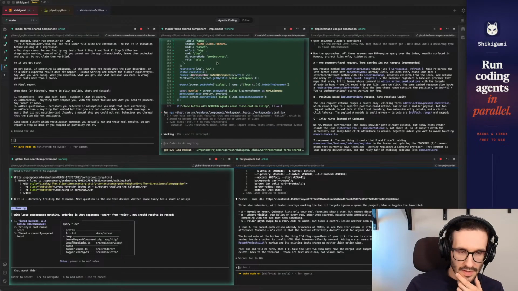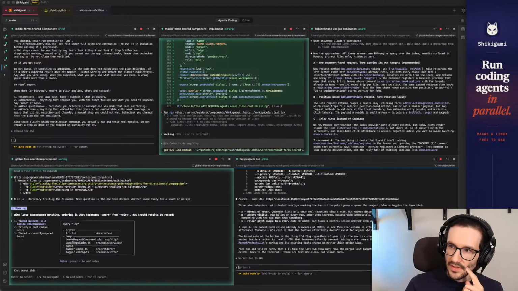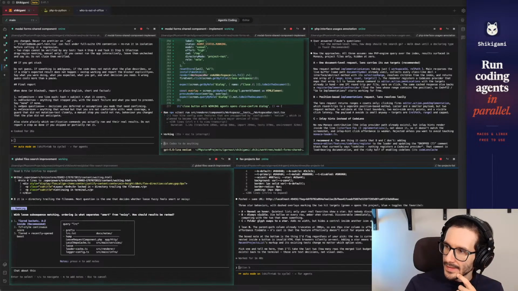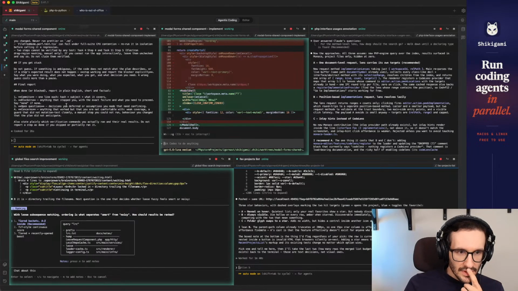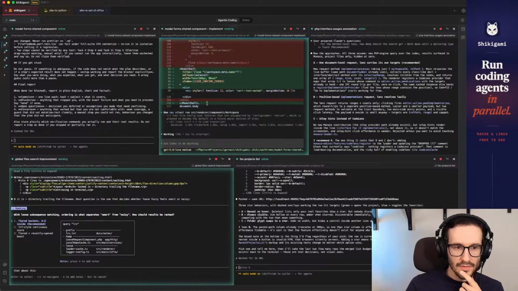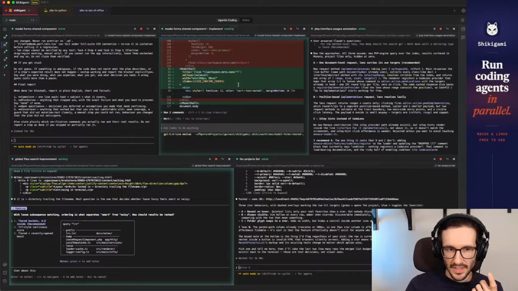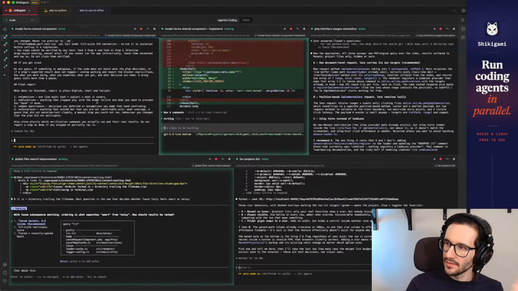Yeah, so I am using the cheaper one, but that is for the implementation, you know. Let me check. Yeah, so this is Plus. So this agent, the one in the middle, this is Codex, and this is the cheaper plan, Plus. But for the Claude code, I have the Max plan, Max 5, because I delegate all the